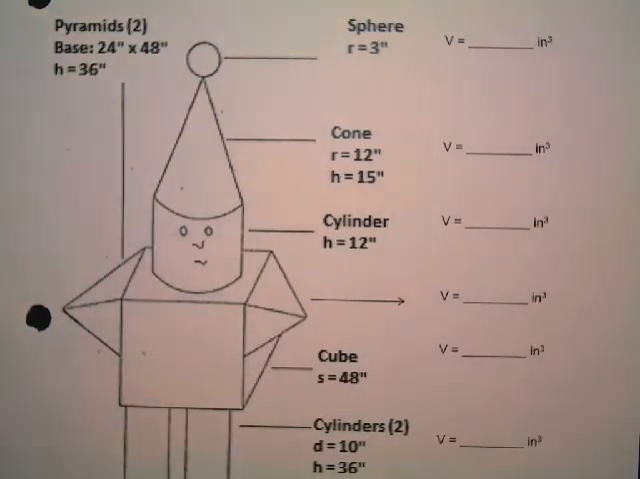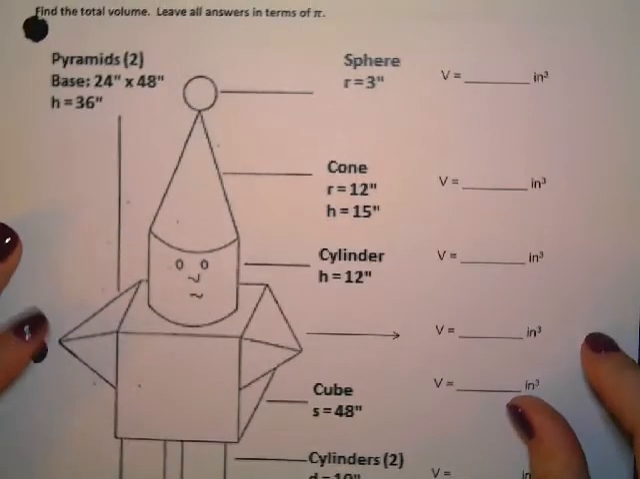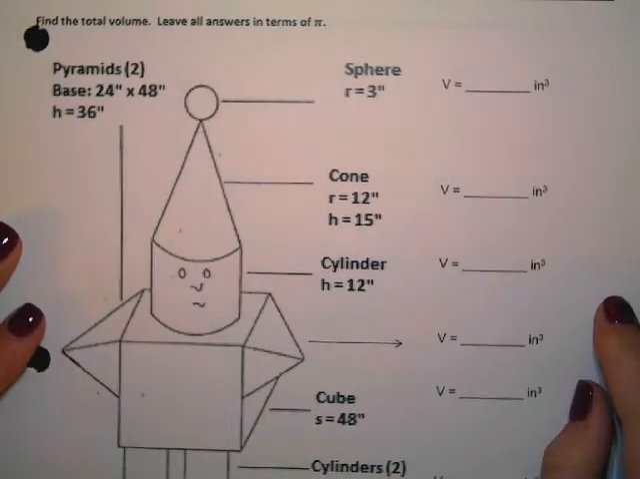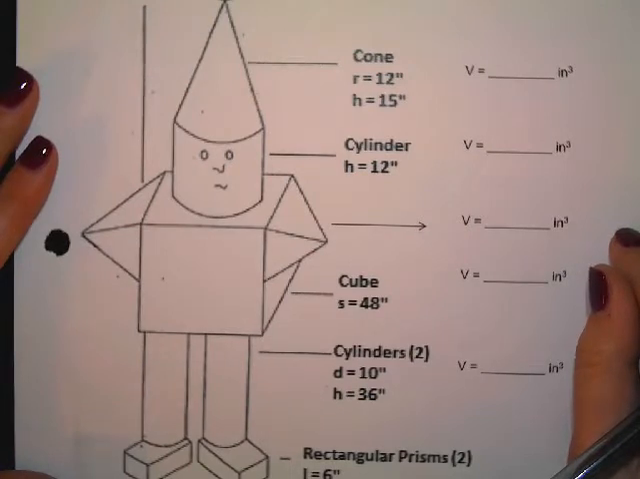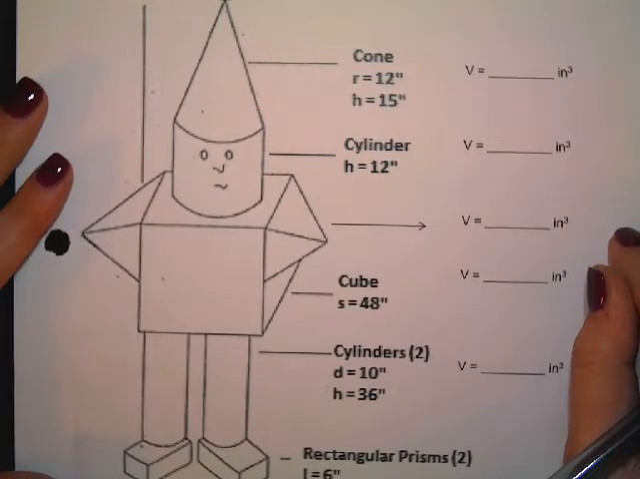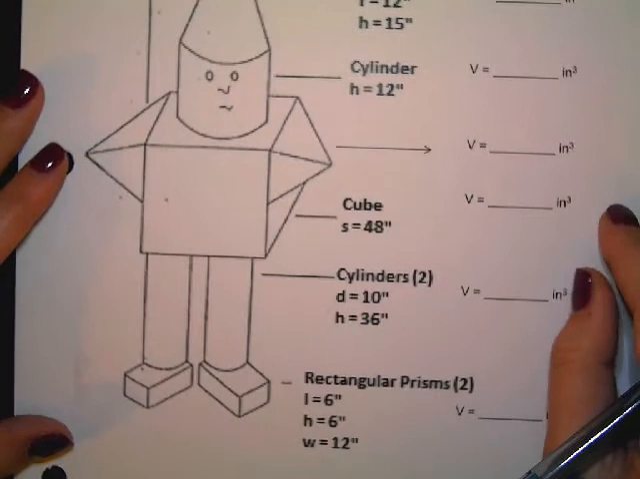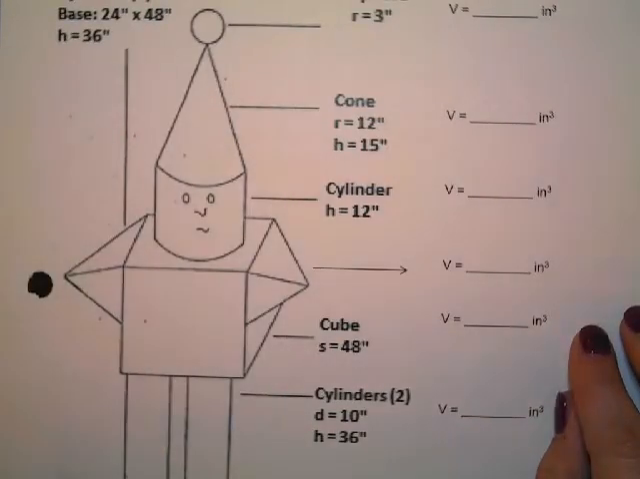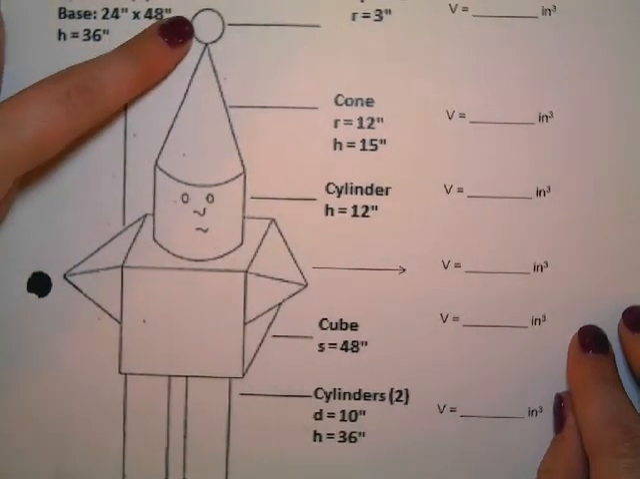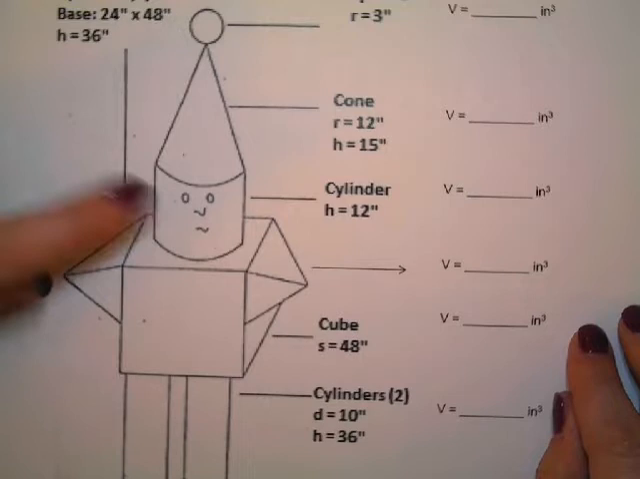All right, the next thing that we're going to be working on in the class and in this unit on geometry is we're going to find the volume of composite shapes. This Tin Man is a great example of a composite shape, where he is made up of a lot of different 3D figures. A composite shape just means that you're adding different 3D figures together. We have a sphere and a cone and a cylinder,